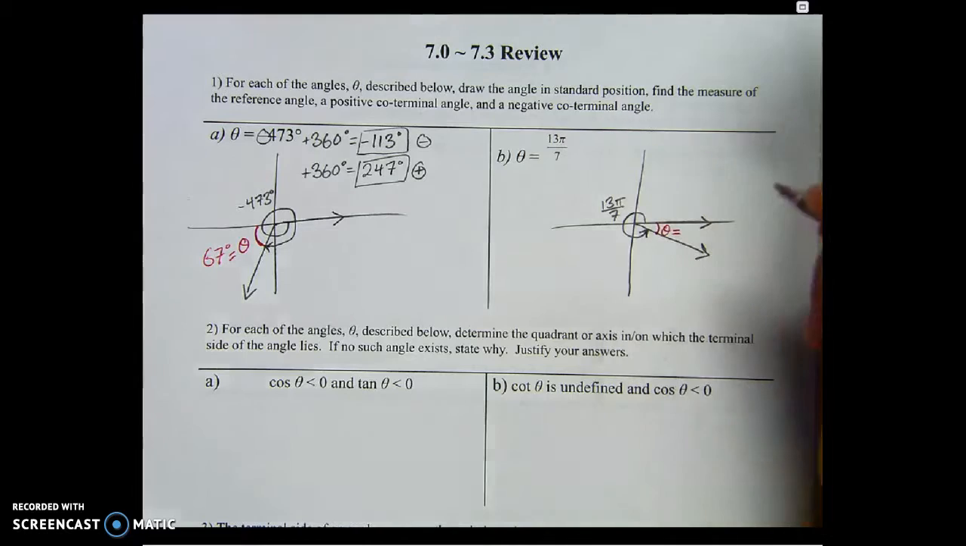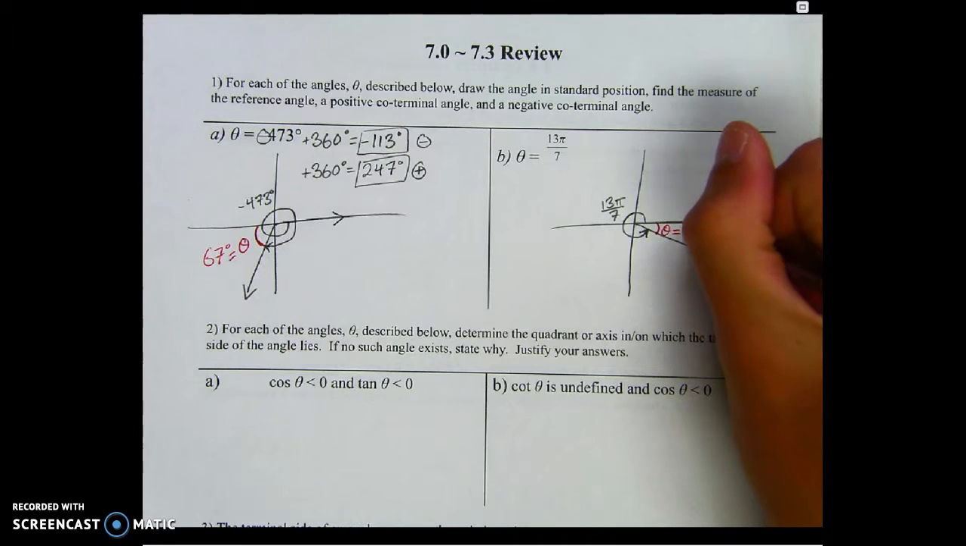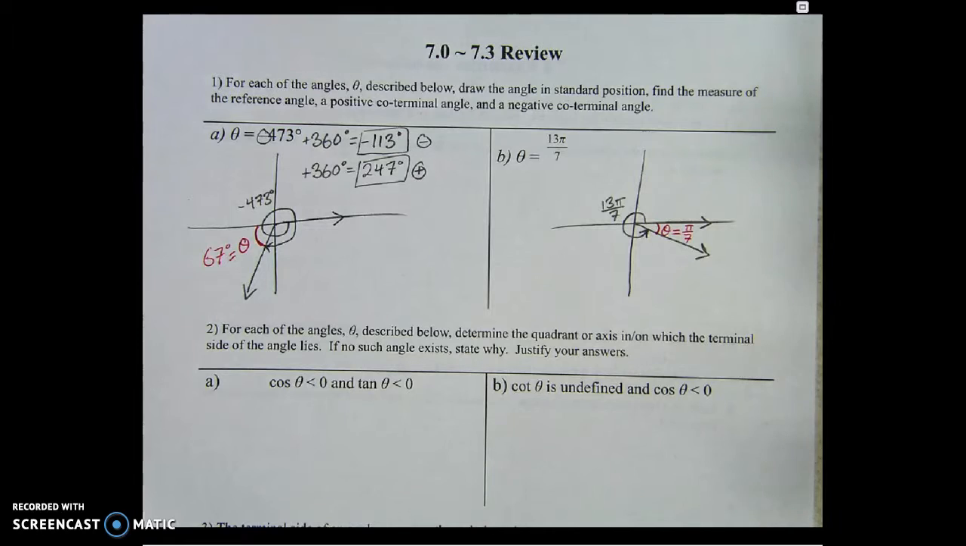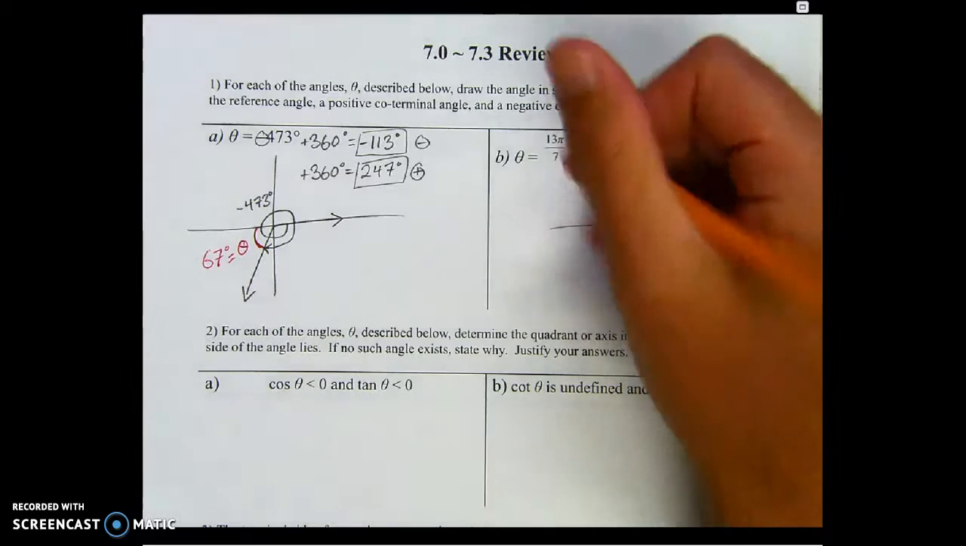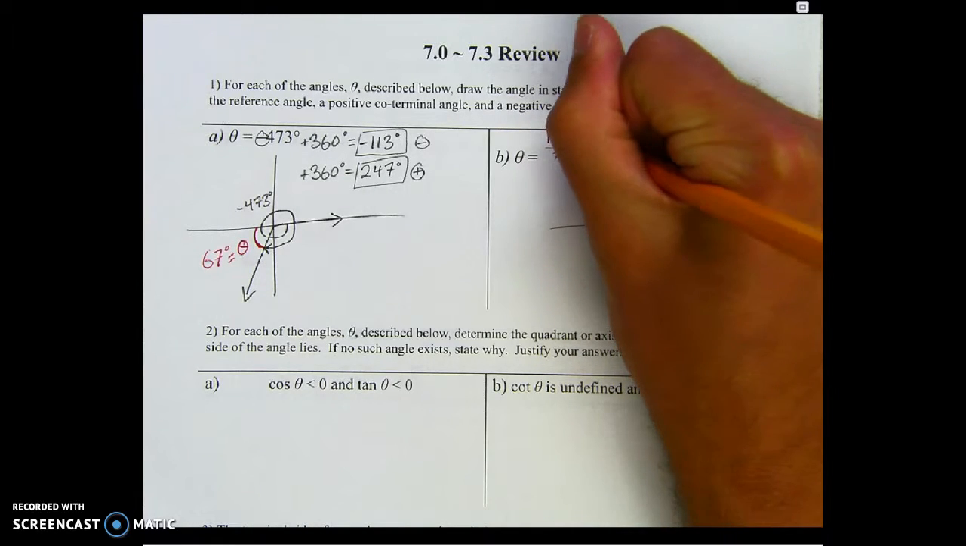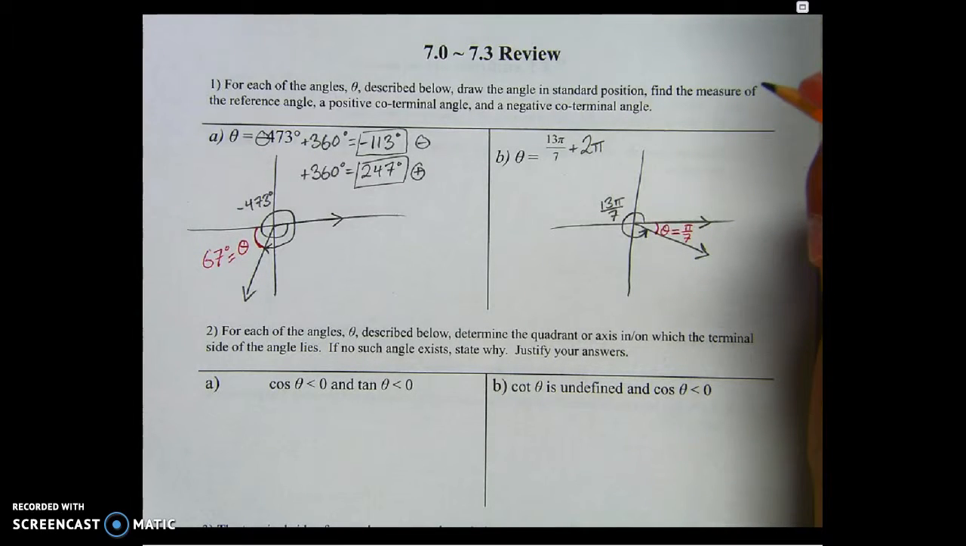And that is going to be, we just said that's pi over 7 away from 2 pi, right? That means that this angle right here, this little gap, is going to be exactly pi over 7. Okay, and that's pi over 7 away from the x-axis. So now we just add not 360 anymore, but actually 2 pi to get a coterminal angle, a positive coterminal